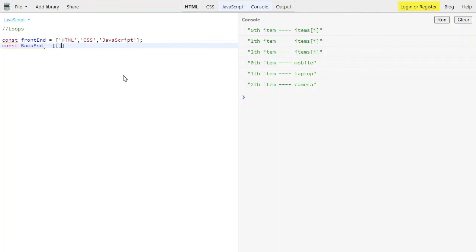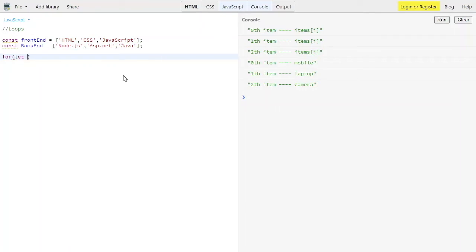We have something like that on the backend, including Node.js, ASP.NET, and Java.